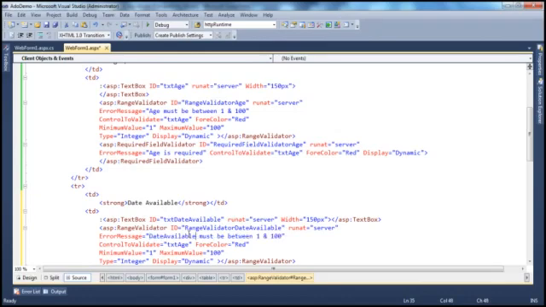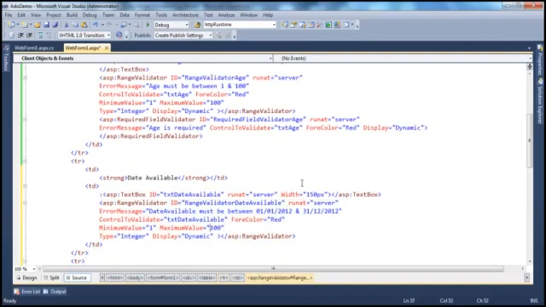Date available must be between, let's say we want to allow only the dates that fall within this year, so 01/01/2012, and it's going to be 31/12/2012. Control to validate, it's going to be txt date available, and for color is going to be red,